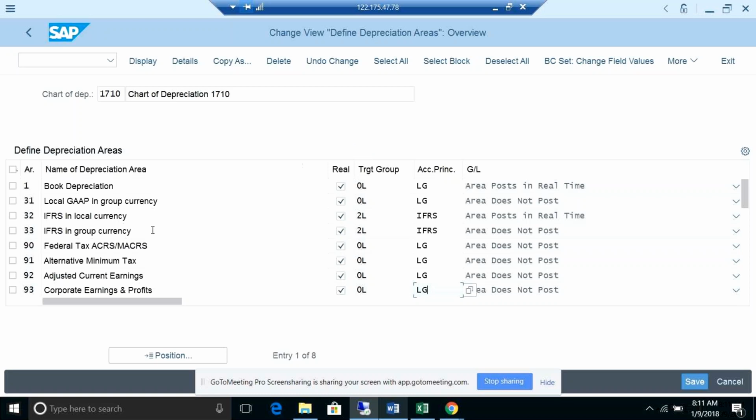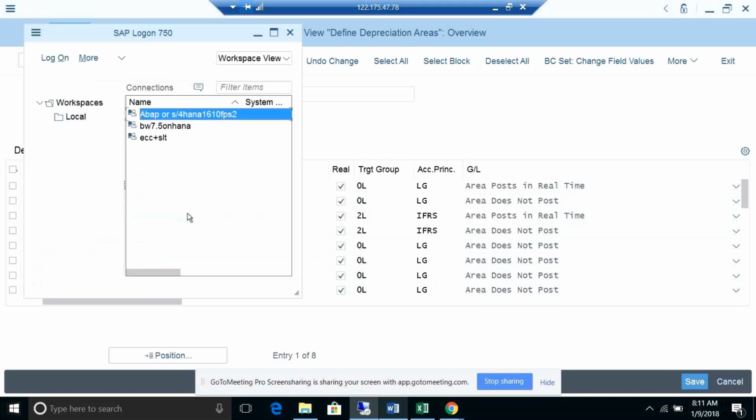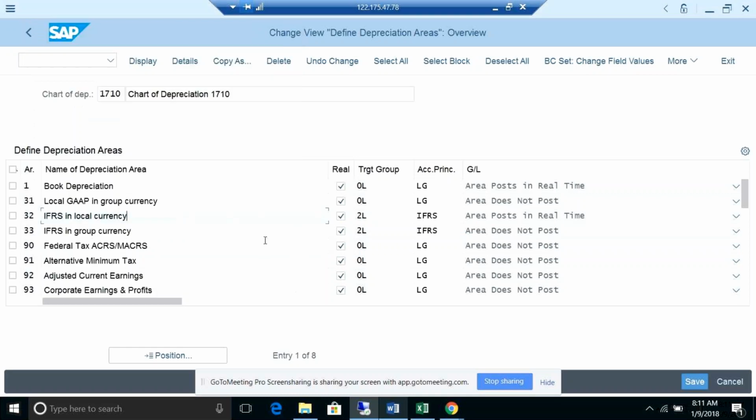Currencies, I have created here the local currency and the group currency. So if you wanted to report for multiple currencies, this also needs to be synced up. If you are maintaining 2 currencies for your ledger, then you need to maintain the 2 currencies twice here for your depreciation area. You just need to copy it. There is no delta depreciation area concept here, so it is not required, as we discussed earlier.